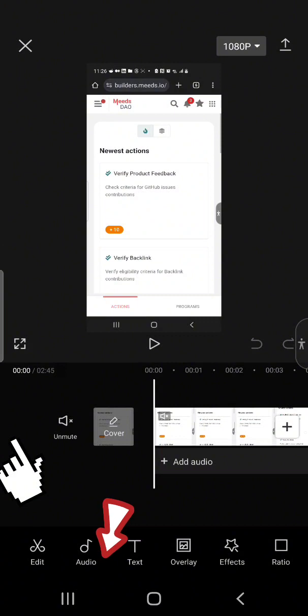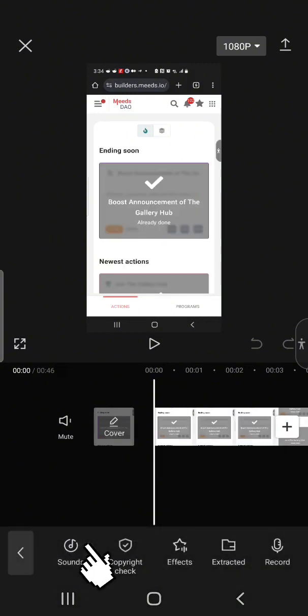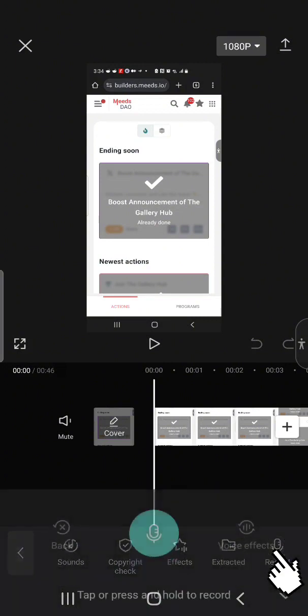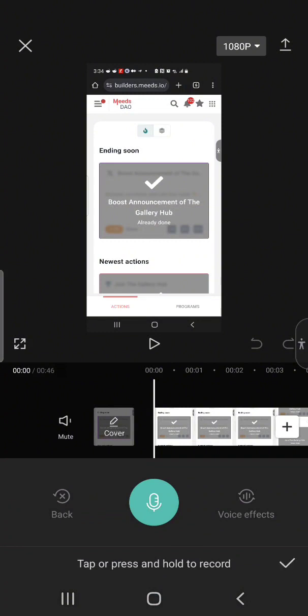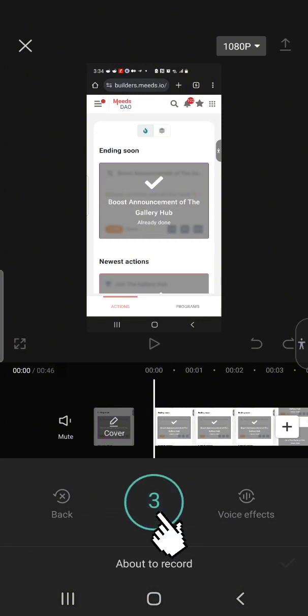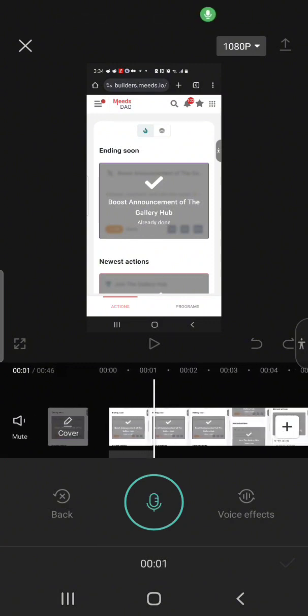So we're going to deselect our file because in order to mute it, we have to first select it, then click on audio. After clicking on audio, it will bring out the different tools under audio. Then we can click record and wait for the countdown to record. We simply record the voiceover that we desire and click on record again